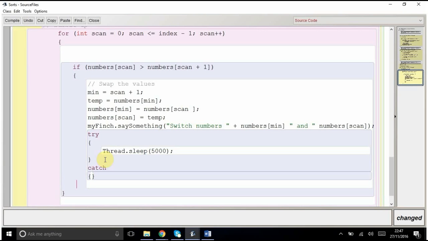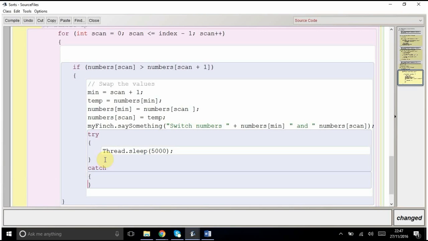Catch is basically what happens if there is a problem, and we don't actually want it to do anything if there is a problem. Also, catch needs an exception named EX. So all that does is just say, try doing this command. If there's a problem, then just catch that exception, but continue using the program. Don't break it and don't exit the program. It's not relevant. It won't break the program, so don't worry for now, but this is all that try and